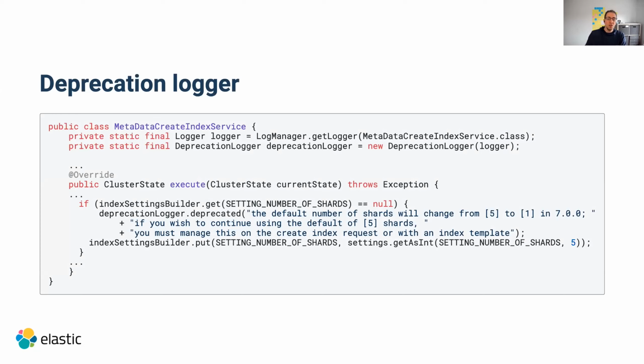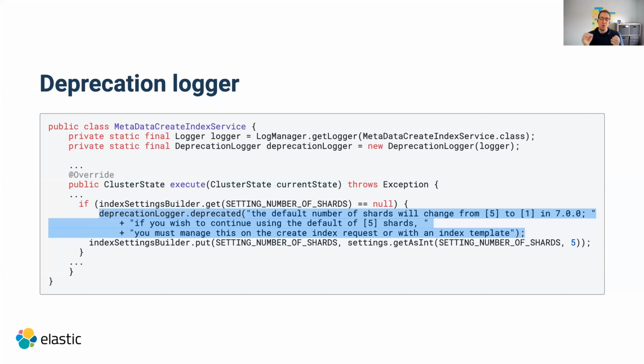And the way this works in the code is that there's a so-called deprecation logger, which is an extension to an existing logger class. And this deprecation logger contains the message, whatever you provide. For example, in Elasticsearch, the way you divide data is called a shard. And the shard is kind of the unit of scale, if you want. And the default number of shards in Elasticsearch used to be 5 over all the years before version 7. And it turned out that users created a lot of indices, which means there were too many shards. Each shard needs a system resource. And we wanted to change this default behavior. So if you create an index and you don't specify anything, the default number of shards should no longer be 5, but 1. And we did this change in Elasticsearch 7, but in the Elasticsearch 6 branch, we basically added